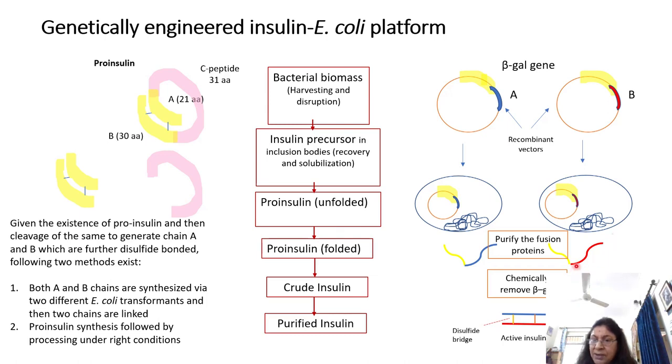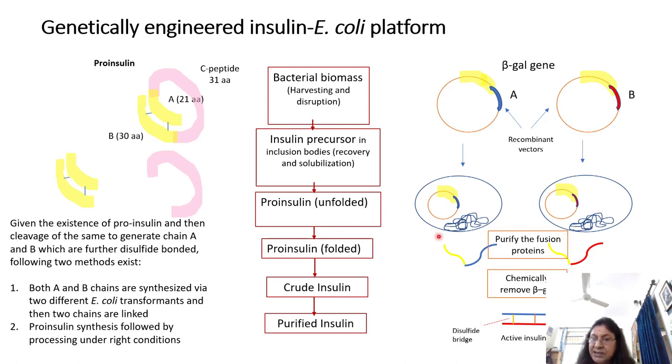Now, the amino acid sequence at the fusion site is such that it can be cleaved by cyanogen bromide treatment, because cyanogen bromide has a specificity to act at methionine residues here. There are several proteases, protein-digesting enzymes, which have specificity as to where exactly they can cleave the peptide bond. So you are now going to subject this to treatment.